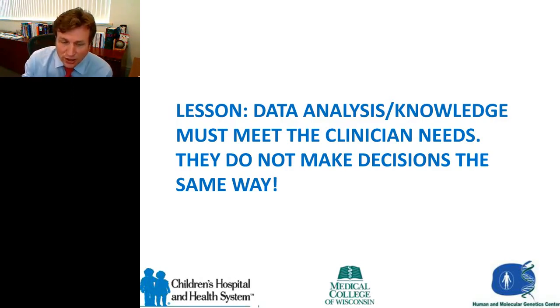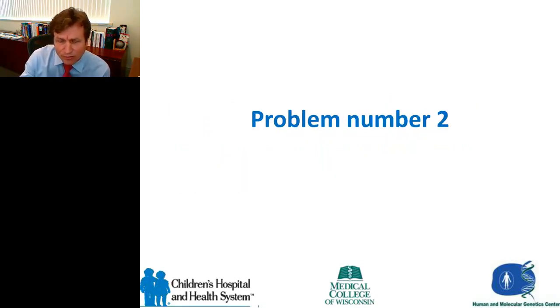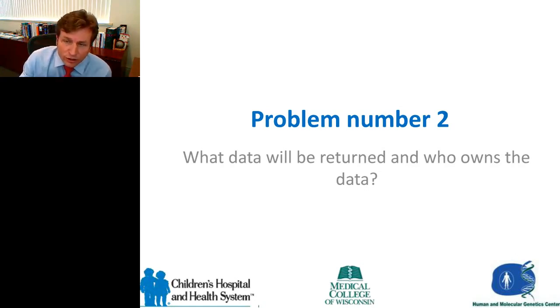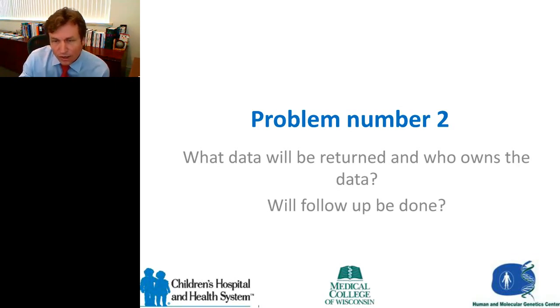And I'm now going to move into talking about some of the relationships to the data you have to think about, in addition to providing the clinicians information. So problem number 2, what data will be returned and who owns the data? And this is an absolutely essential piece to this, because it shapes not only what you're going to give to the physicians, but what type of information the physicians are going to use. And I'll give a very simple example. If the physicians are only going to return data related to the phenotype, you don't need a very complicated pipeline. If you're not going to follow up, you don't need a very sophisticated data storage. If you're just going to do this one time, you're going to tell them the data, this is related to your phenotype, and you're done.